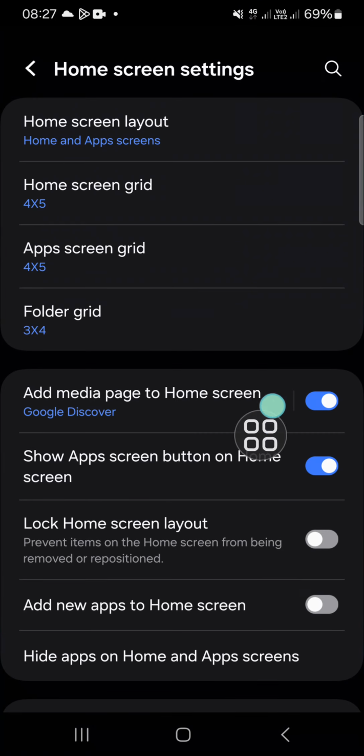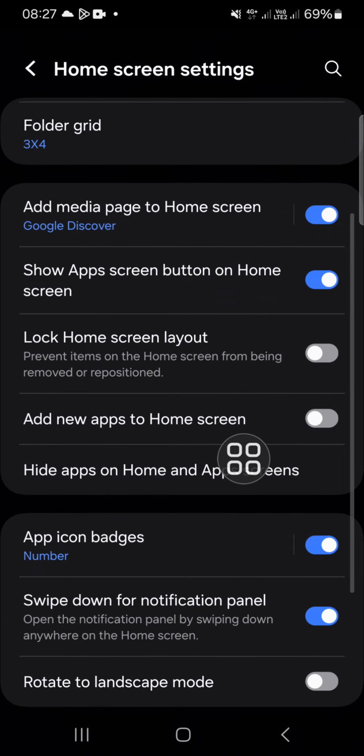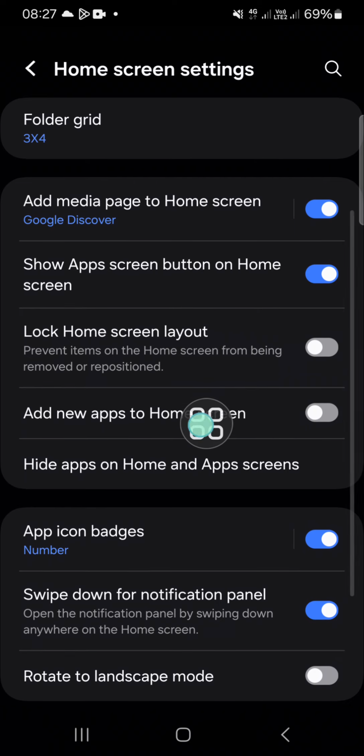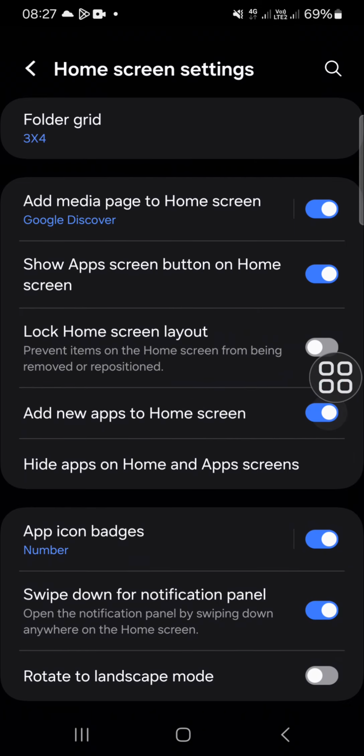Okay, and after the home screen setting has been opened, we can scroll down until we find the add new apps to home screen feature. And if we want to automatically add new apps to our home screen, we have to activate this feature. You just need to click on the toggle button to activate it, and right after you activate this feature, anytime